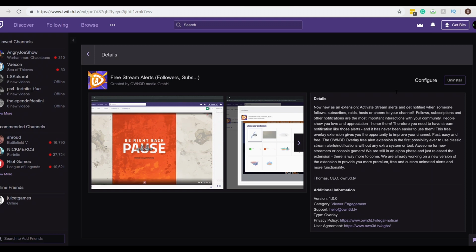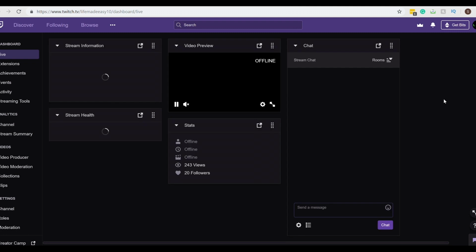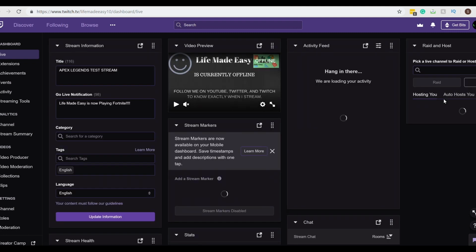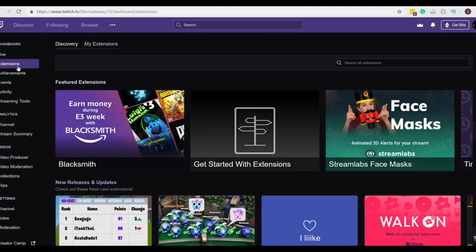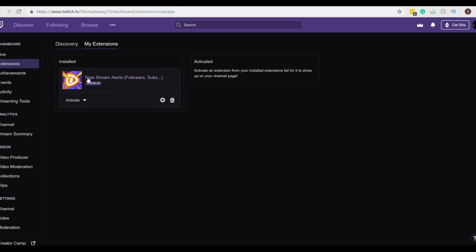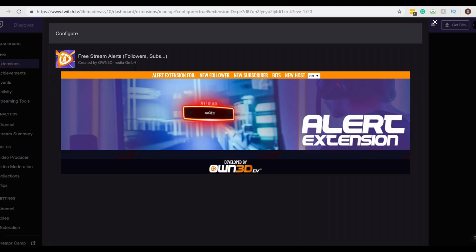Okay, so I'm here on my Twitch channel. I'm going to click on the top right and go to Creator Dashboard. So first, install it. I already have it installed, but obviously you click the install button there if you want to install it. Then you want to make your way over to extensions, and it shows all these featured extensions, but you want to click My Extensions. And here we go. We have the free stream alerts. Also, guys, I'm going to show you how to configure it as well. Just click the settings,